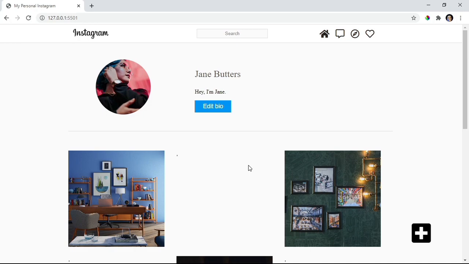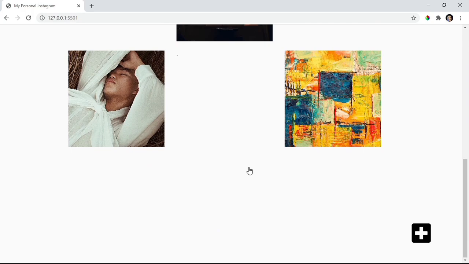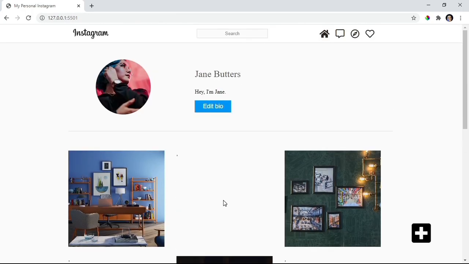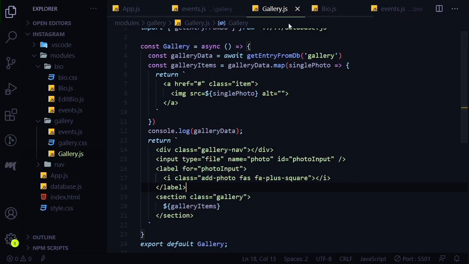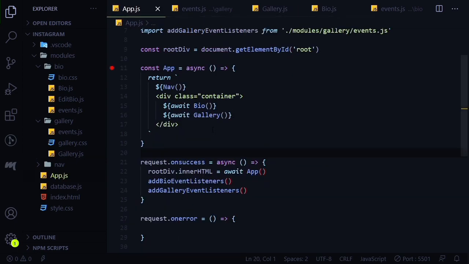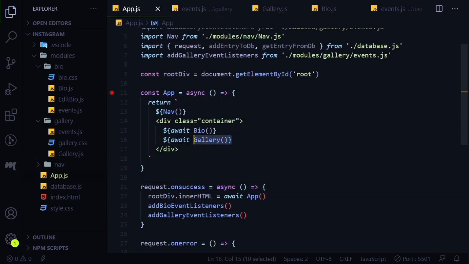It takes a lot of time to load our web page, and this is not a good user experience. That's because when you go back to application and then app.js, you see that we're waiting for gallery to be called, and all the images are heavy images, and we don't expect our users to put fewer images since they have the choice of putting whatever